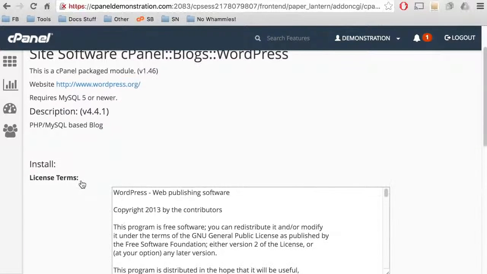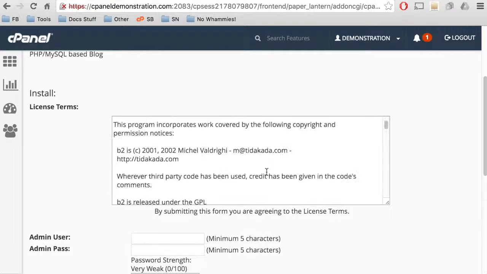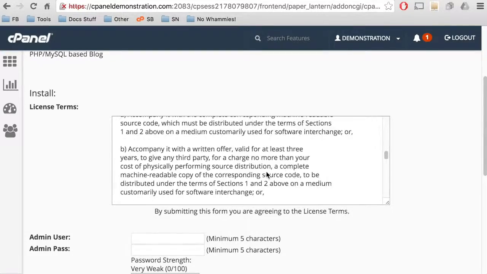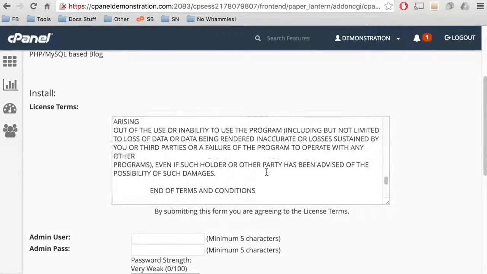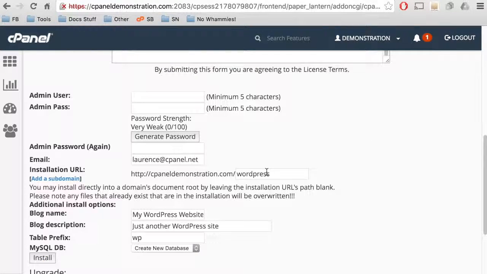Read through the license terms. No, seriously, read them. I heard about a software company that stuck something that grants the rights to your immortal soul into a license agreement. Now, we at cPanel don't do that kind of thing. Where would we keep all of them? Oh, anyway,